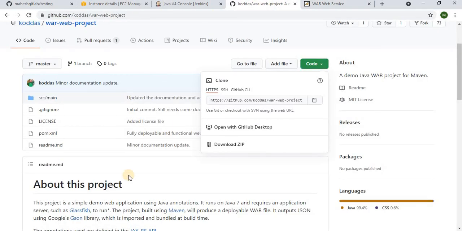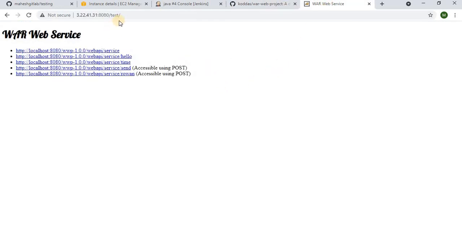We fetched code from here. So with this code we have built an artifact. We deployed that artifact on a test server in the testing environment, and we can access this thing. Hope you understood. So we have two more steps: continuous testing and continuous delivery. Let us discuss that in the next session.